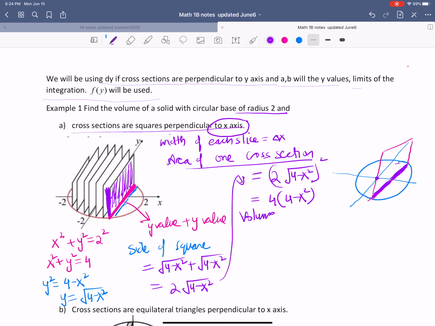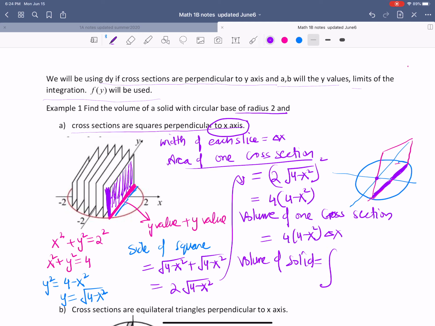How about volume of one cross section? Volume of one cross section would be the area of cross section times the width of cross section, which is delta x. And now if I want the volume of solid, then I'm going to integrate the little areas of the cross sections that I have. Volume of solid is going to be the integral of 4 times 4 minus x squared dx. The delta x becomes dx operator, and now we need to integrate over the regions where cross sections are,